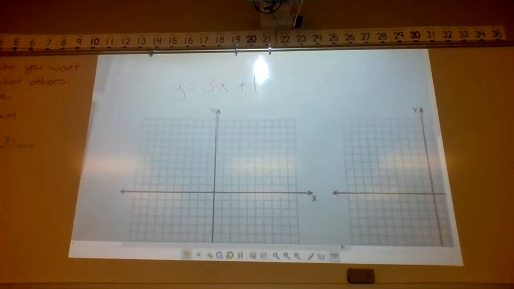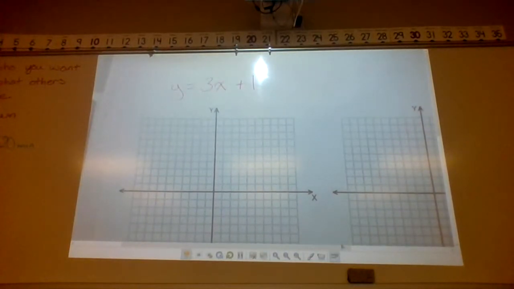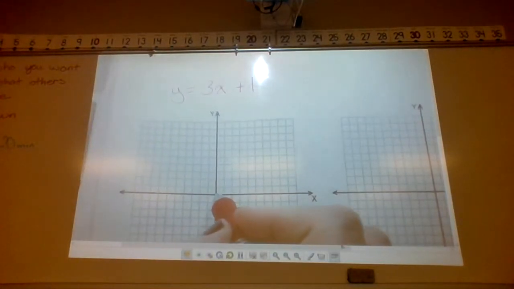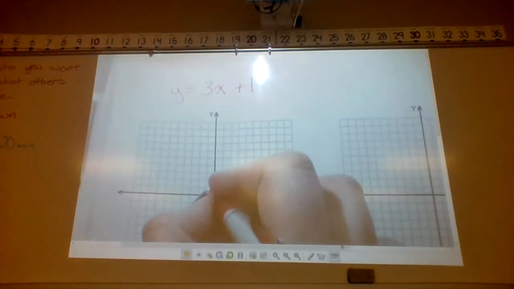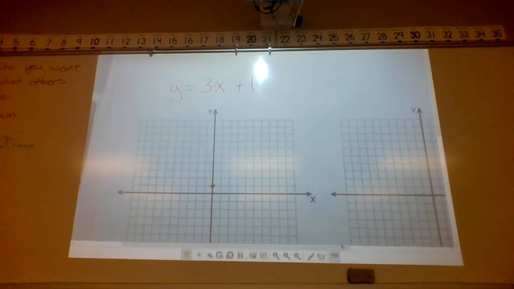All right, here you go. Question. What is the y-intercept? Plus 1. You start with that. Go to the origin. The y-intercept is a positive 1, right? Go on the y-axis to positive 1 and put a dot. That's your starting point. Slope is going to throw you. Always remember, slope